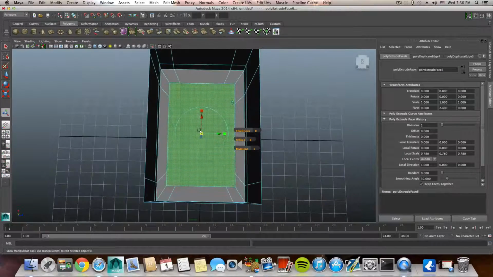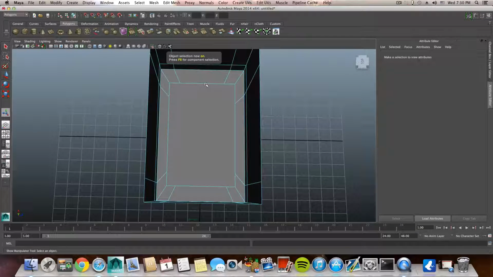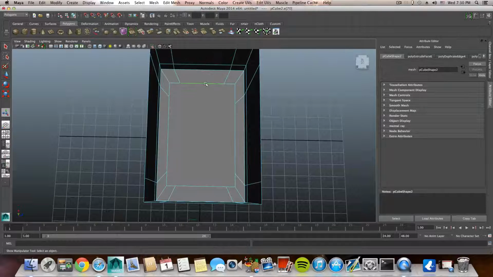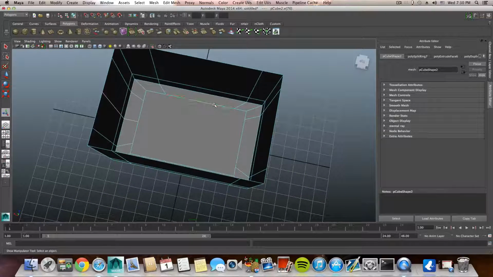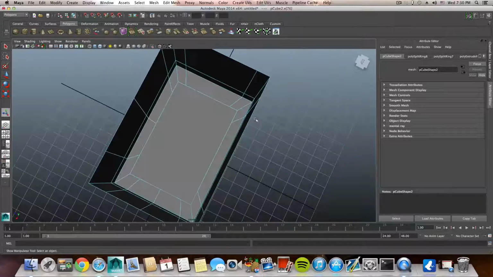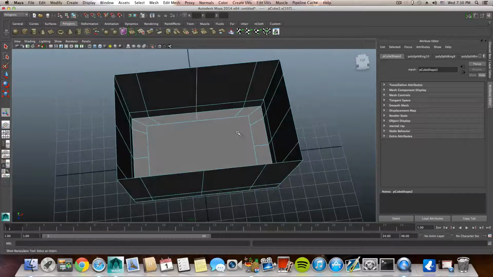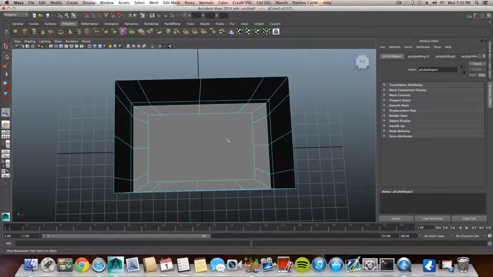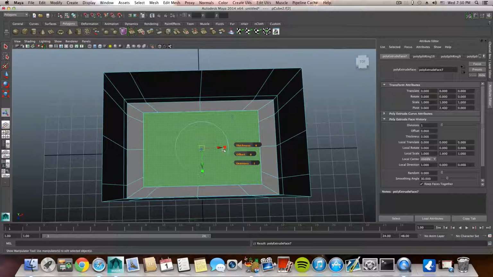Then press F8, right click edge, this edge, hold down the control, right click, edge ring utilities to edge ring and split. Do the same here. You can basically just pick one and press G on your keyboard to repeat the same tool. Then grab this face, extrude it once more,